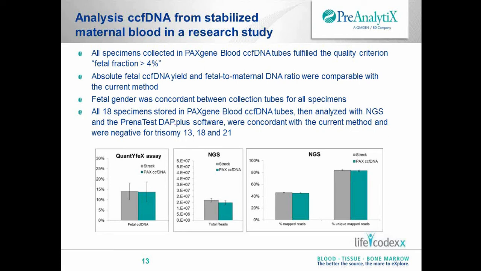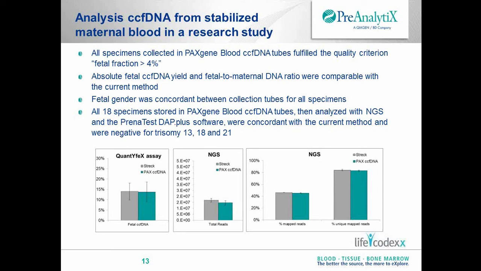After blood collection, the samples were sent to LifeCodex, and they isolated the plasma from these tubes. In the first step, they then isolated the ccfDNA from both plasma types and analyzed via a PCR assay the fetal fraction, so the portion of fetal DNA in the background of maternal DNA in the ccfDNA,